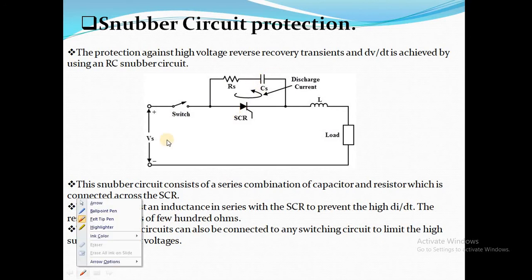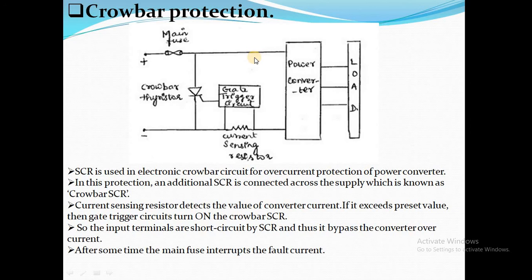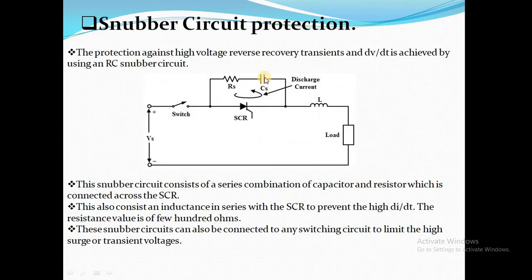So as the capacitor voltage reaches its peak value, this positive plate appears across the anode terminal of the SCR, and the negative supply appears across the cathode terminal of the SCR. This makes the SCR conduct, and once the SCR is conducting, it operates as a closed switch. As the SCR is closed, the capacitor starts discharging through the SCR. This is the direction of the discharging current.